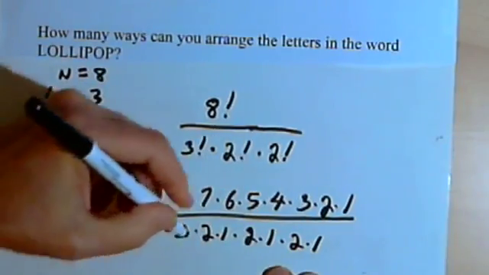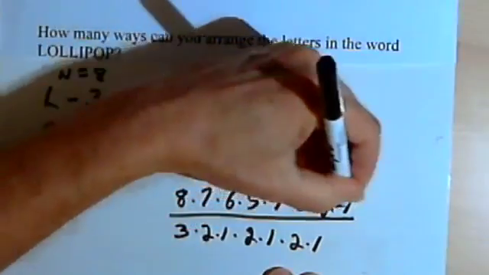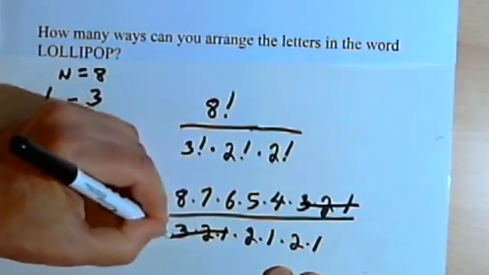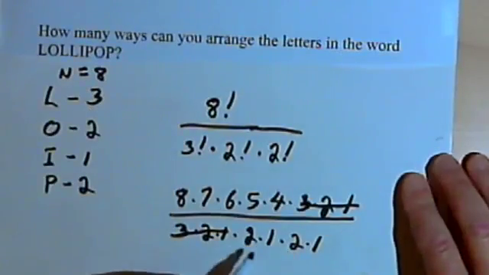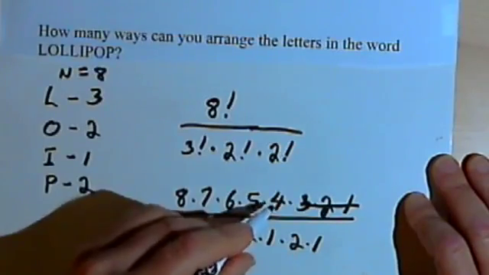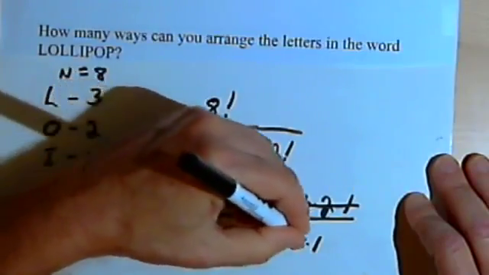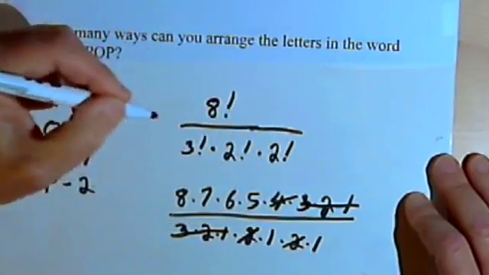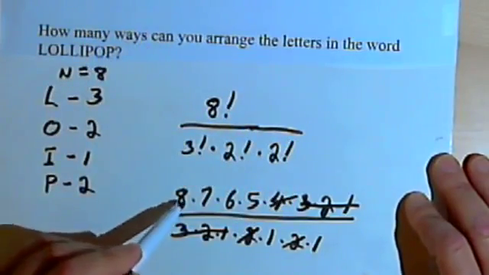I can cancel out the 3, 2, and 1 from the numerator and the denominator. I've got 2 more 2's left in the denominator. Well, 2 times 2 is 4, and I've got a 4 in the numerator. So I'll cancel out those 2's, I'll cancel out the 4, and what I've got is 8 times 7 times